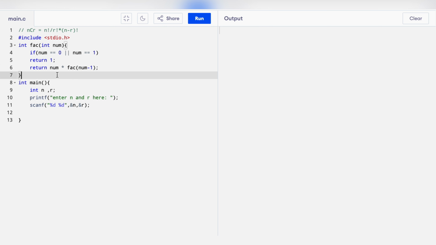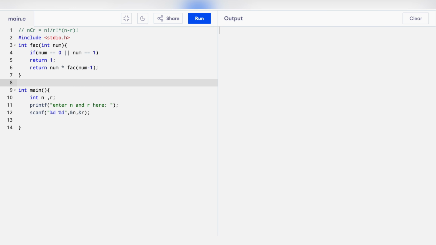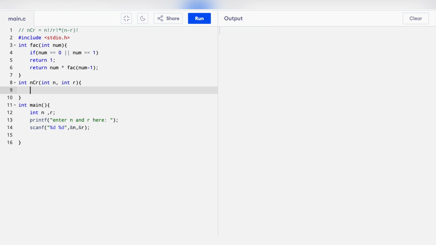Okay, now I will make another function to find the value of nCr. So let's name that function ncr. Okay, and I have to give two parameters in this function, int n and int r, and in this function I will return this factorial of n upon factorial of r into factorial of n minus r. Return